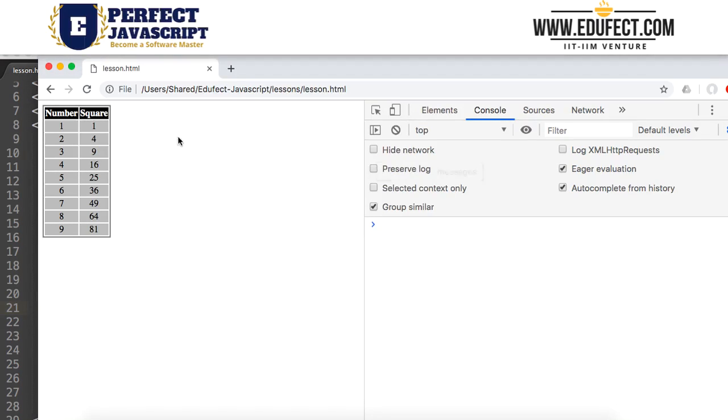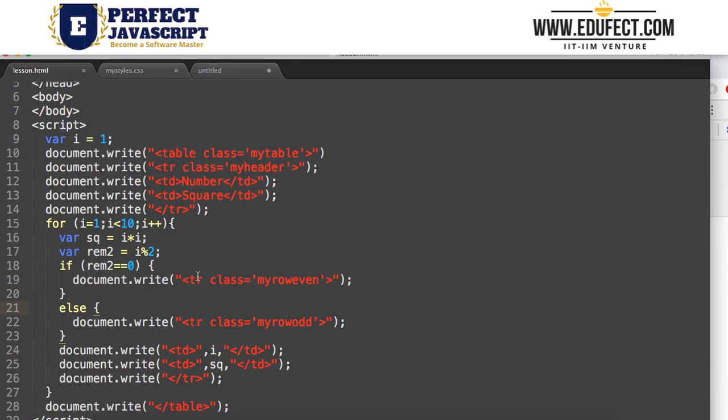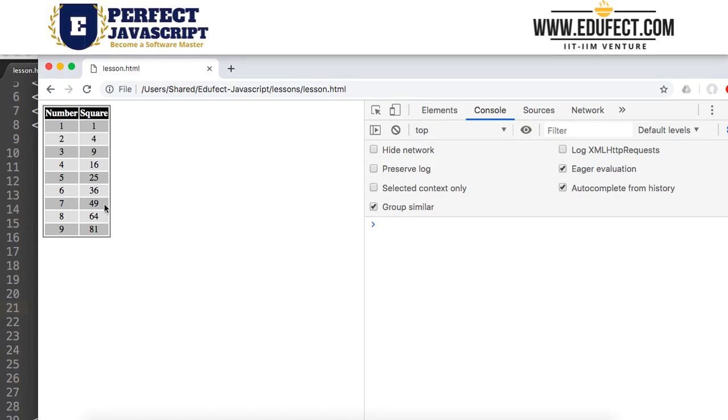Let's go ahead and run it and see what we get. And we have gotten a nice alternately striped color scheme. So what we have used is if here, and based on it we have used different styles, and what they create here is this kind of an output. So what we have seen are uses of